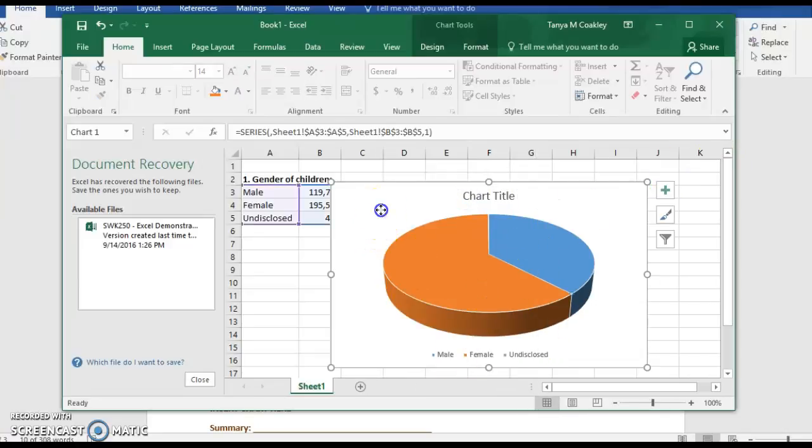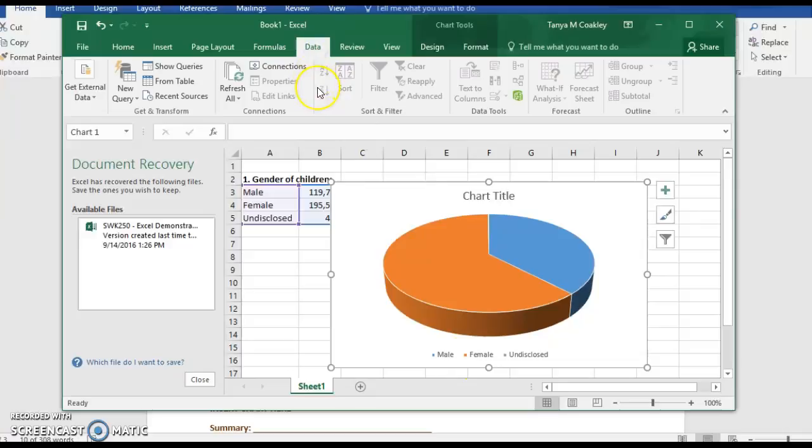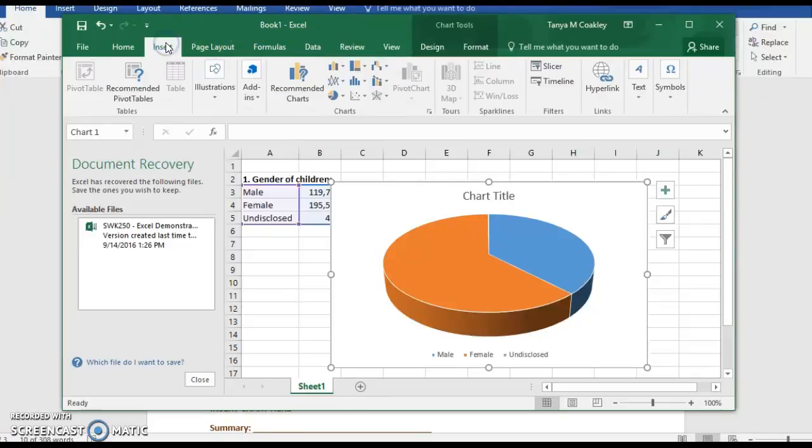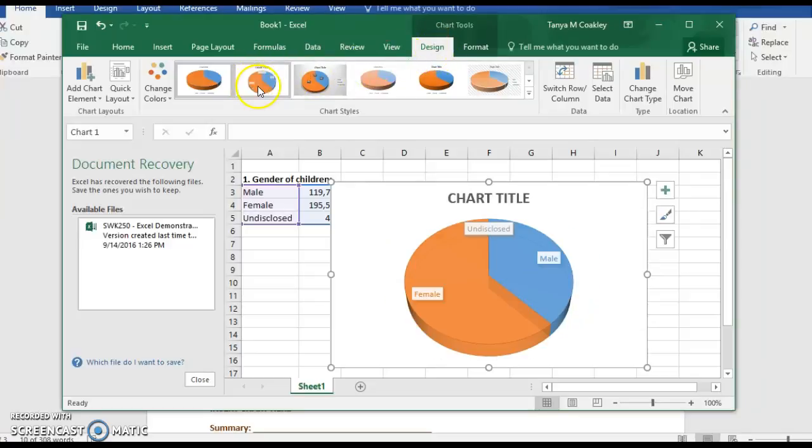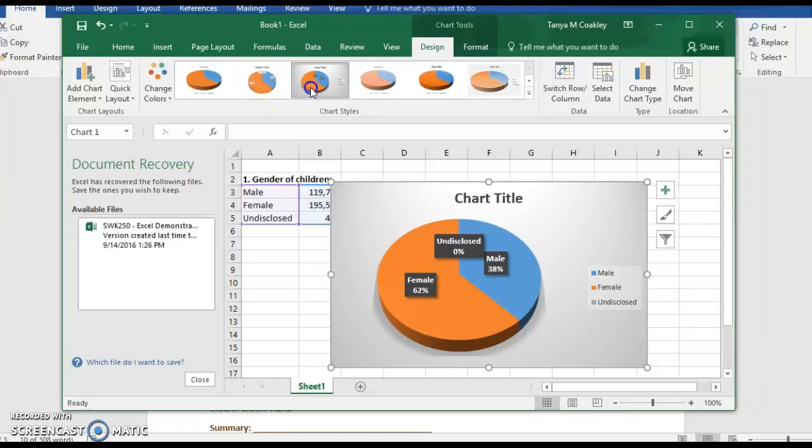All right, and so the next thing you would do, you can see that you have the pie pieces cut out for you nicely, and then you have your legend there. It's your prerogative how you want that data displayed. If you like to have percentages, or if you want to have the absolute values, you can certainly do that. So I'm going to go back and look for my data. Go to design. I think last program it was in data, but this is fine. Just go to design and then see what your preference is. If you like to have it this way,